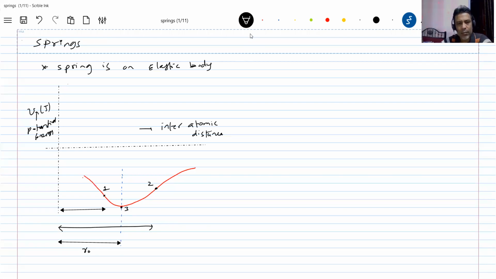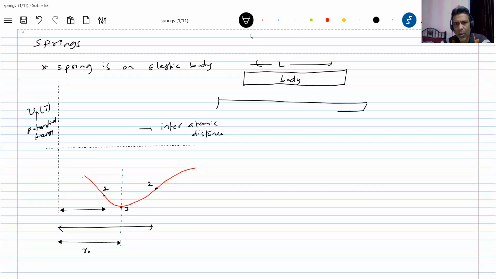Now, so what is the thing here? So there's the elastic body of length L. This one, elastic rod, anything you can take. So I am going to increase the length. Then the distance between all the atoms will increase. Who will increase it? Some external force, some deforming force, you can write it. So the deforming force, what it does, it will increase the distance between them.